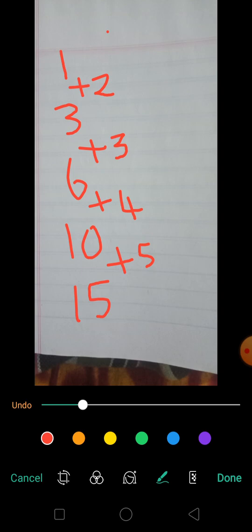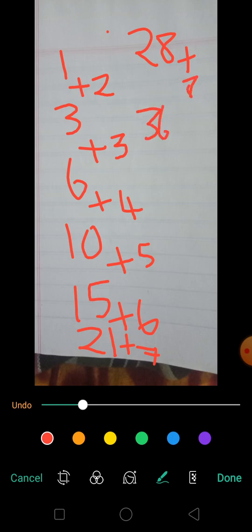So what is the next figure? Simply add 6. So 15 plus 6 is 21. After that, 21 plus 7 is 28. After that, 28 plus 8 is 36. 36 plus 9, 45. 45 plus which number do we want? 10. So 55 dots. So the 10th figure has only 55 dots. Very simple one.